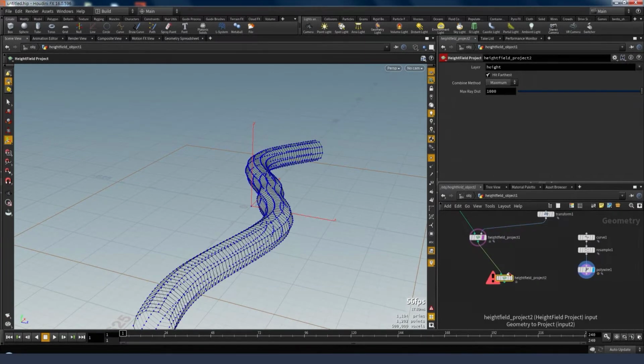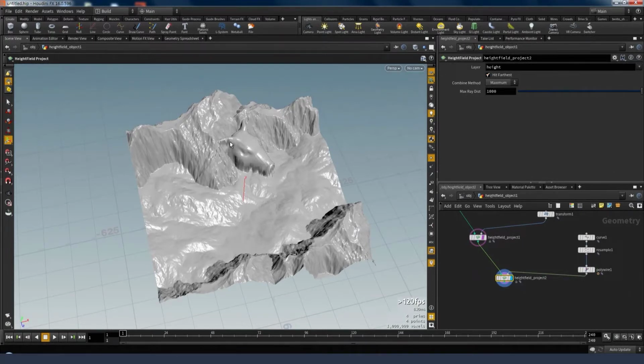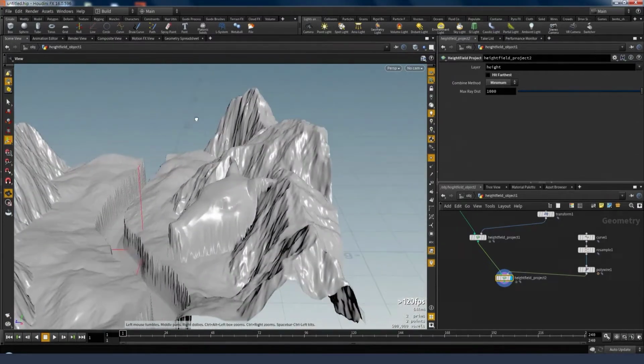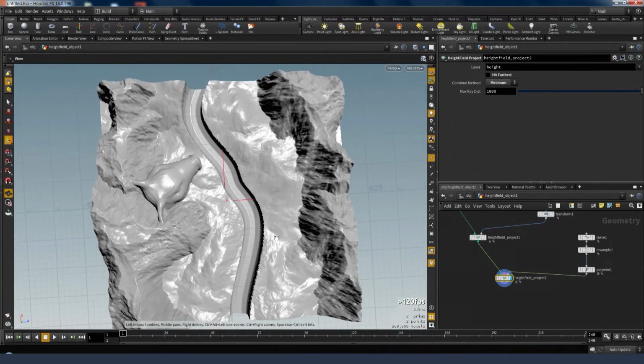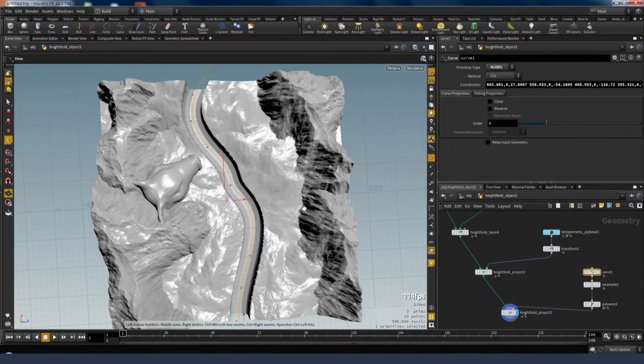And again, we'll just do a Heightfield project. で、ハイトフィールドプロジェクトをもう一度実行します。 And in this case, we don't want to do a maximum the way we do with the pig. We want to go and do a minimum. で、今度はマキシマムじゃなくてですね、ミニマムにします。 And now you can see that we've sort of carved a canyon through our landscape. で、こうすると、ここのところでえぐれて、峡谷みたいになったことがわかると思います。